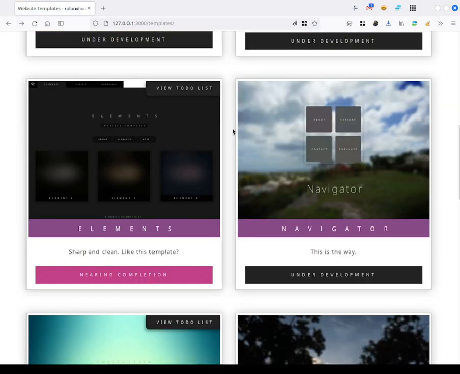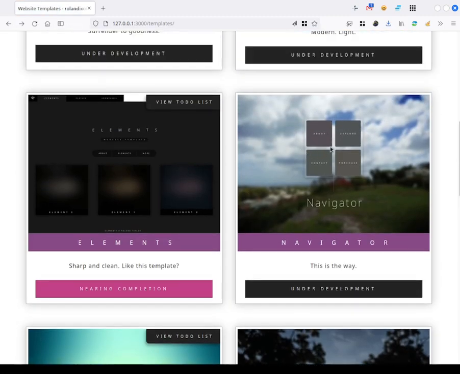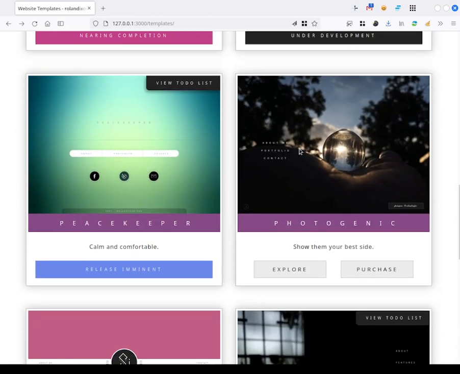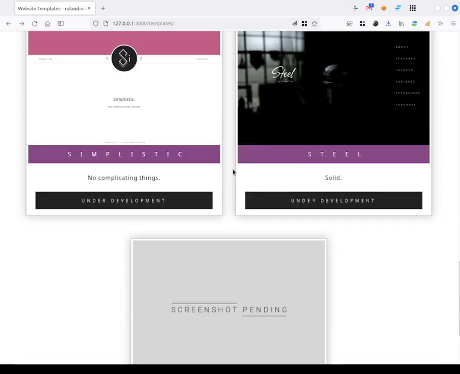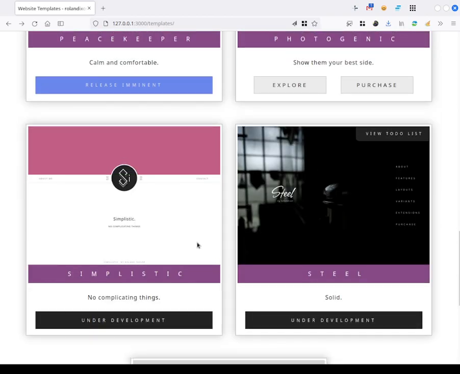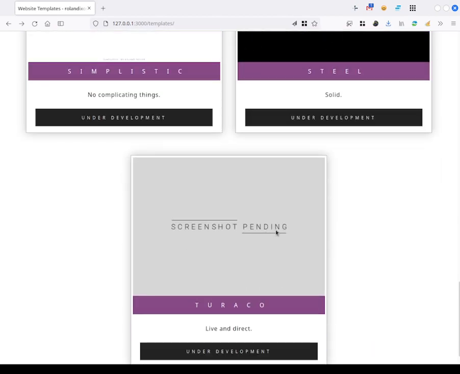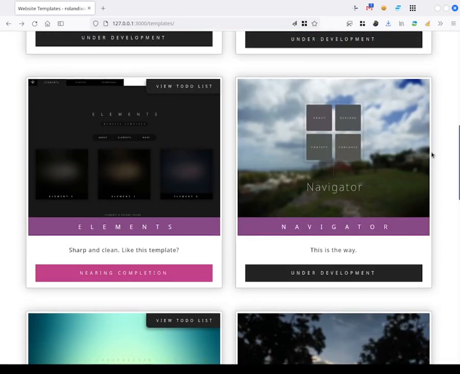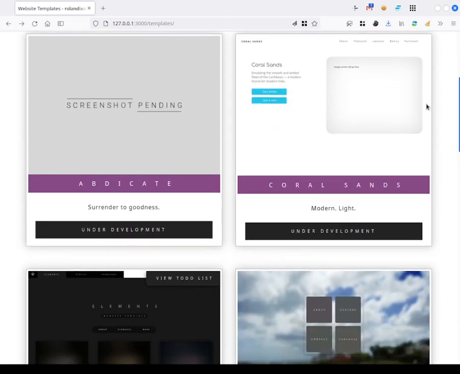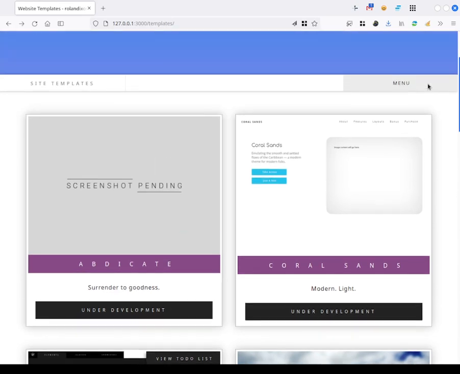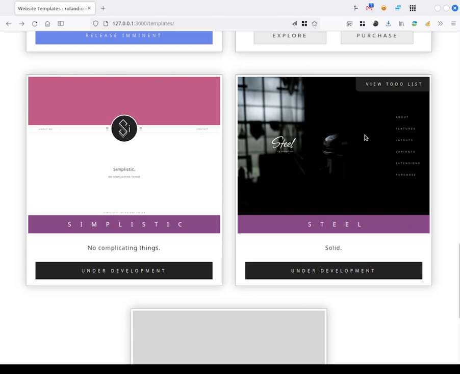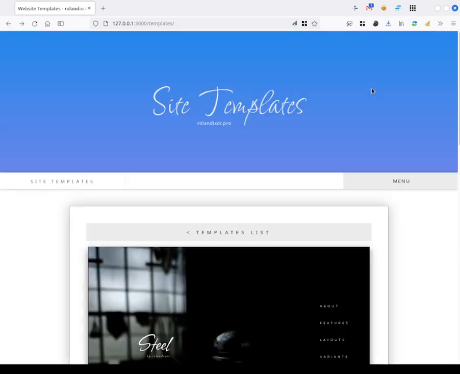Alright, I could demo Navigator, but that one is kind of incomplete. And well, when I say incomplete, I implemented quite a bit, but I don't want to show that off till it's actually in a good position. Steel is also coming along really well. Turco is named after a bird, but I haven't designed it yet. It's going to be green, so I think it's going to be interesting. And Abdicate is kind of another modern theme, but I haven't really done too much work on that one. I'm going to show you in a couple minutes